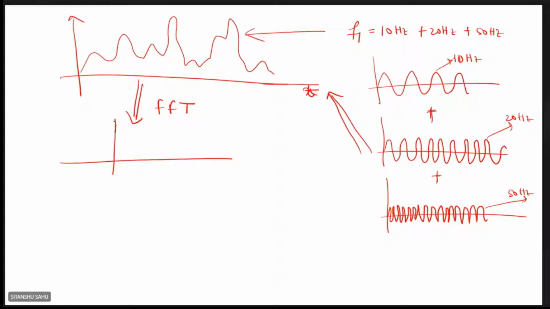Now if I take the Fourier transform, the FFT, what should I get ideally? This will be my frequency axis F. I'll get an impulse at 10 hertz, an impulse at 20 hertz, then an impulse at 50 hertz. And ideally there will be minus 10 hertz on this side, minus 20, and minus 50 on this side. All right, isn't it? Yes, sir. Are you getting it?